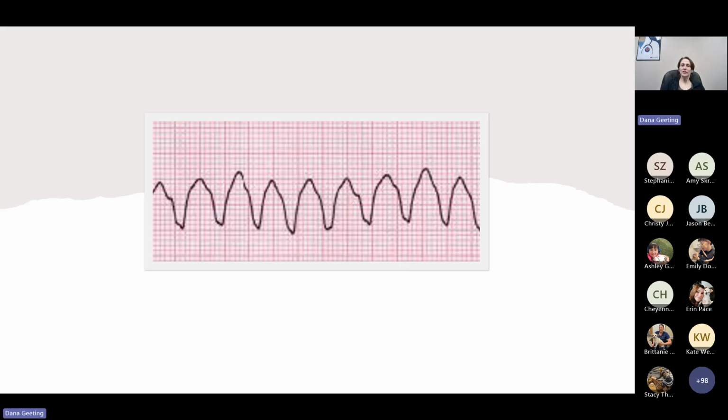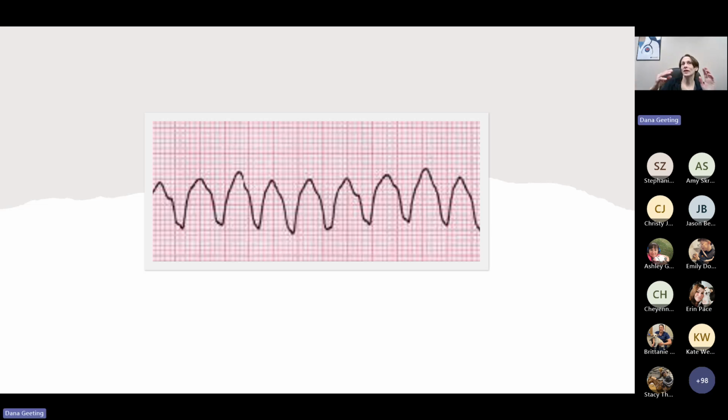All right, so here, it doesn't look like we have any P waves on this one. So if we do not have VFib, this is VTAC. VTAC is going to look more regularly irregular, whereas the complexes line up more evenly. Your